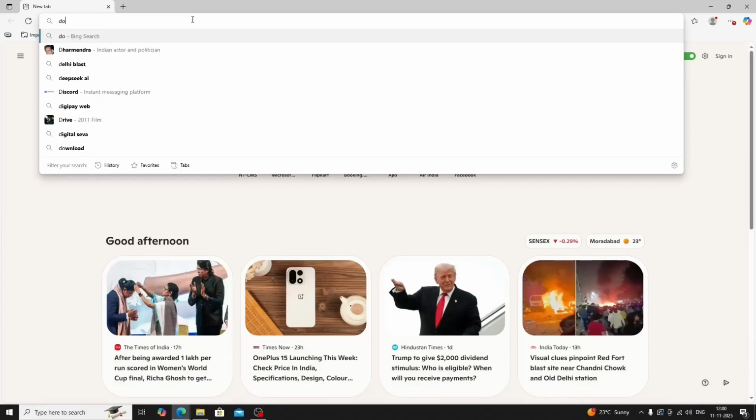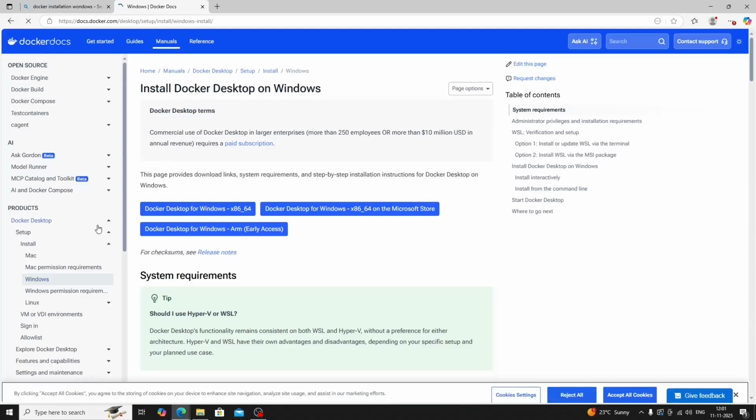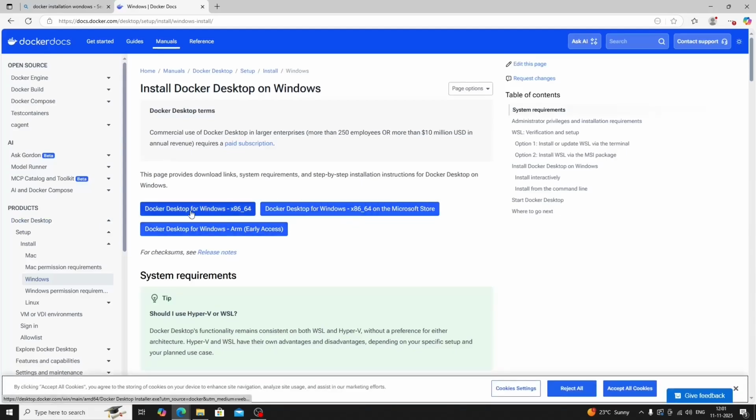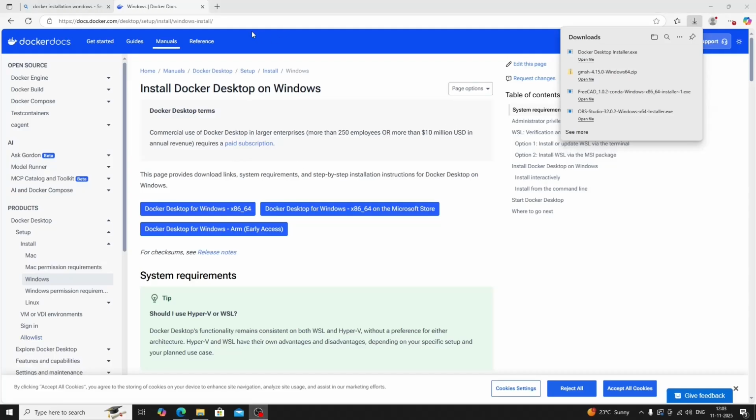Docker installation. So we can download any version. So I'm going to download this one. So let's wait for this one to complete installation. So once this is downloaded, just click on the installer,